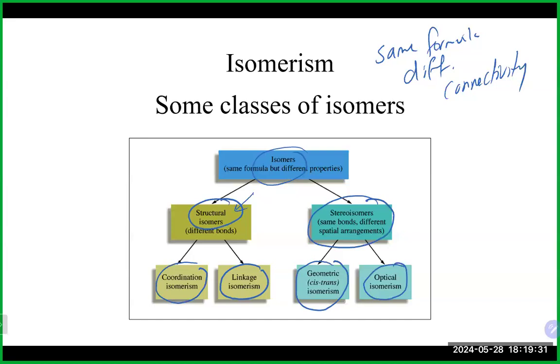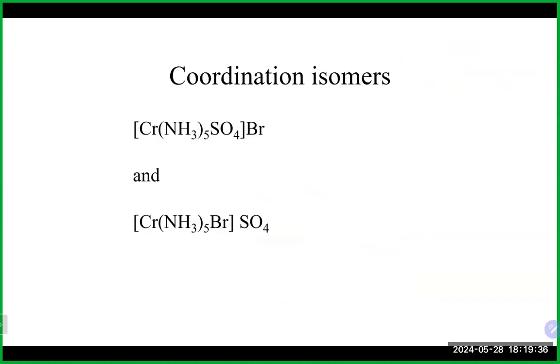So let's take a look at each of these different types of isomers and talk a little bit about the differences that we see. The first one is a coordination isomer. If we compare both of these coordination compounds, they have the exact same elements present. So we got one chromium, 5 ammonias, a sulfate, and a Br. They contain the exact same things. The difference is, though, in the first one,